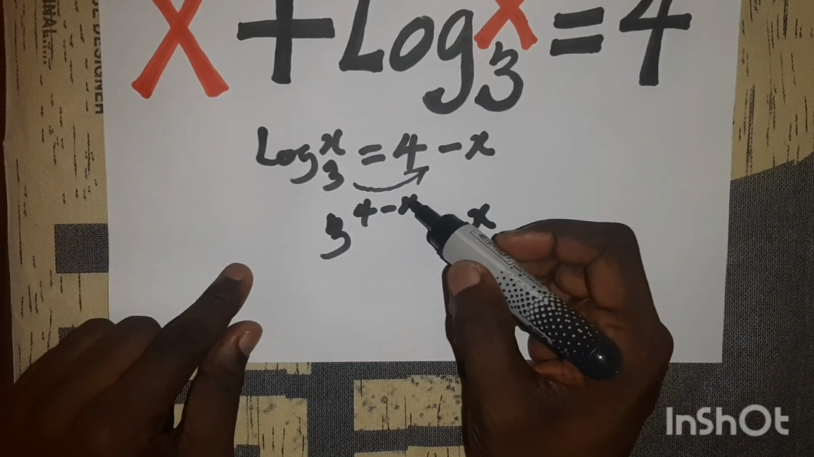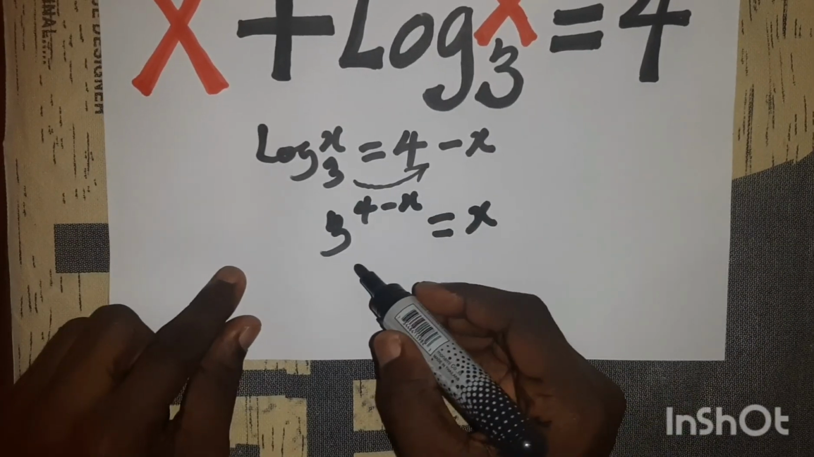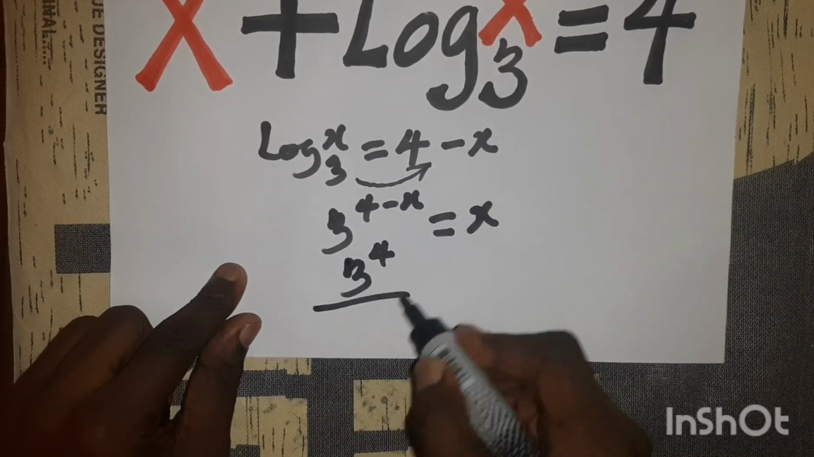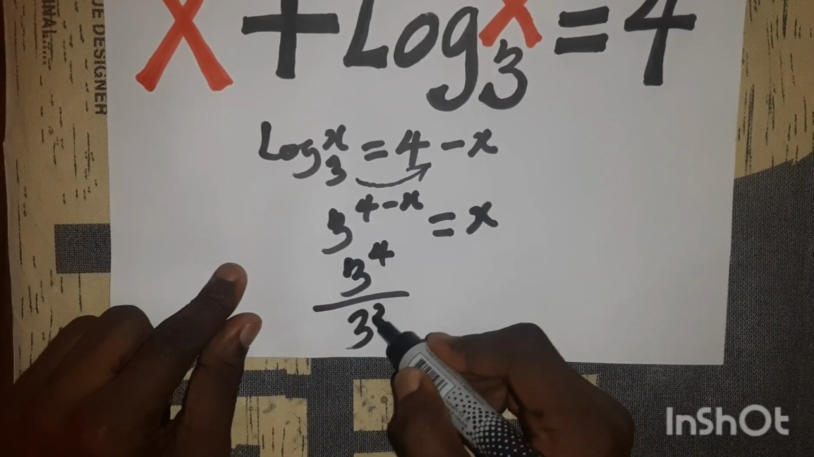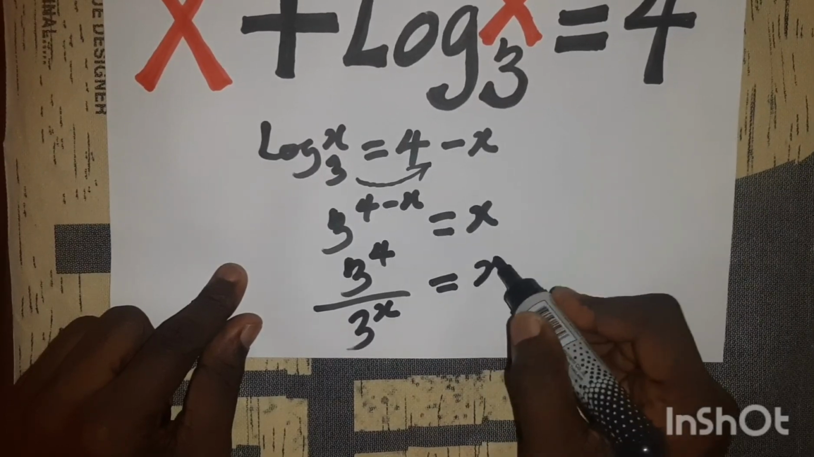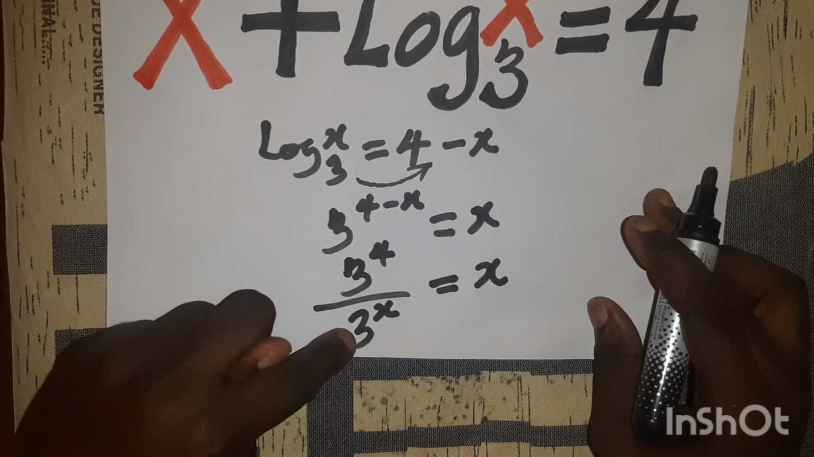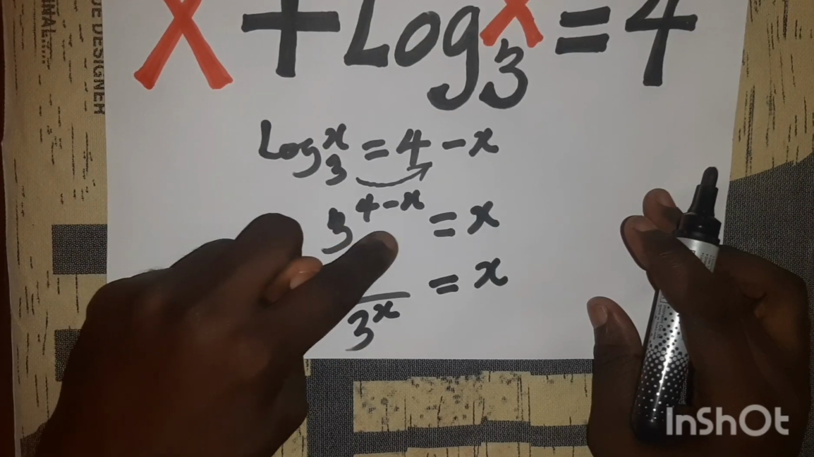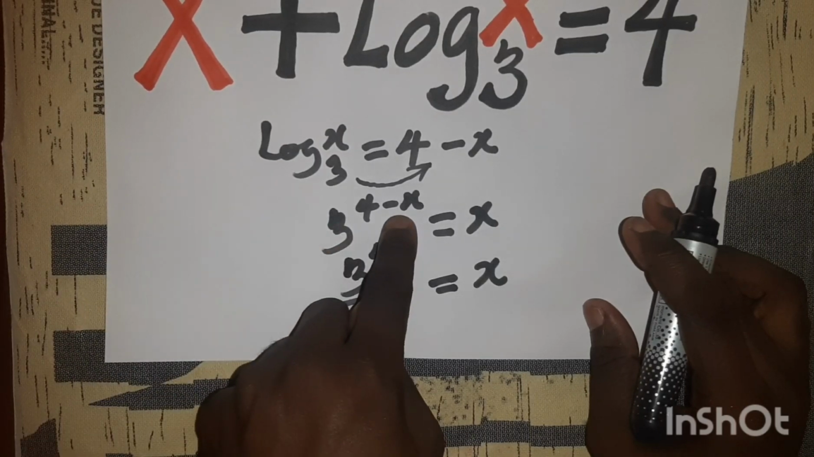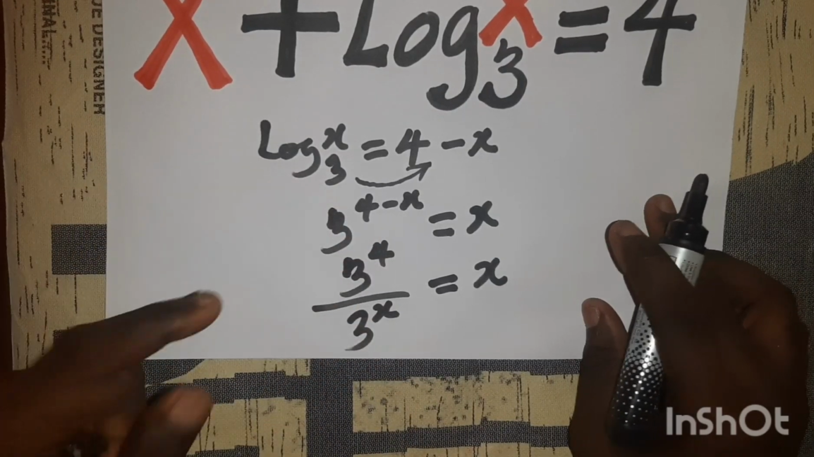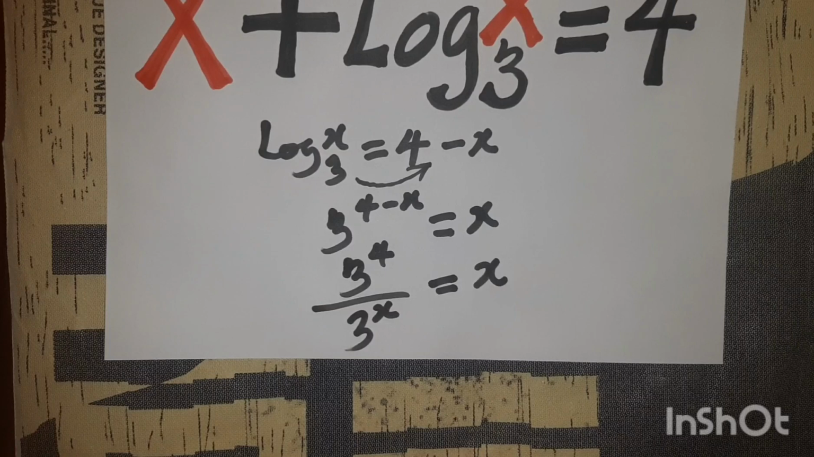And following the law of indices, I can rewrite this left-hand side to now become 3 raised to power 4 divided by 3 raised to power x, then equals x. From laws of indices, if I divide these two, I pick one base, which is 3, and then I subtract the powers 4 and x, which will give me this. So if I evaluate this, I'm still getting this back. So they are the same. So continuing from there,